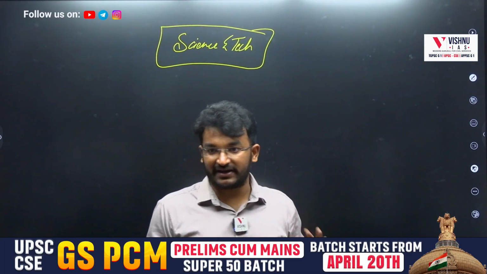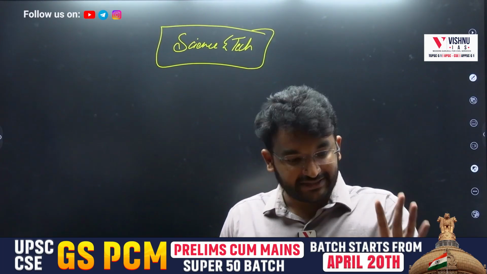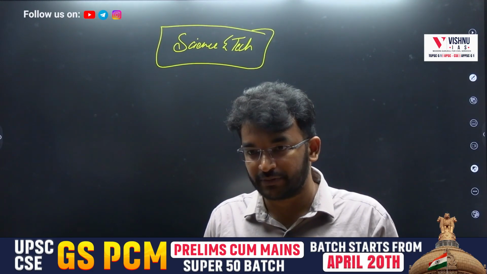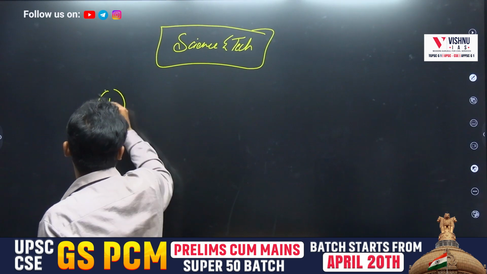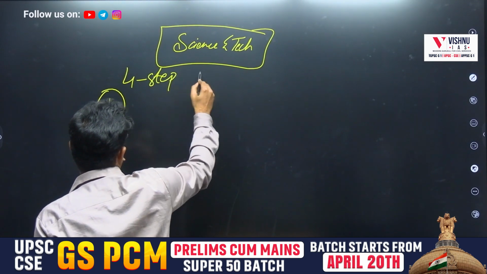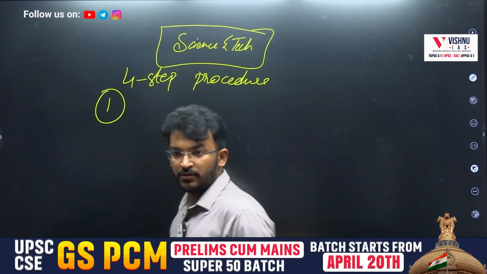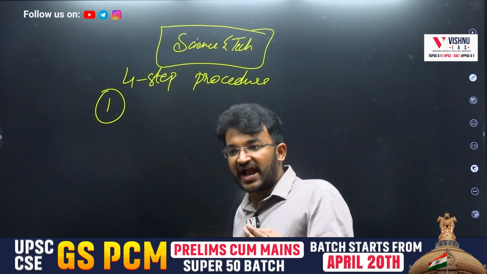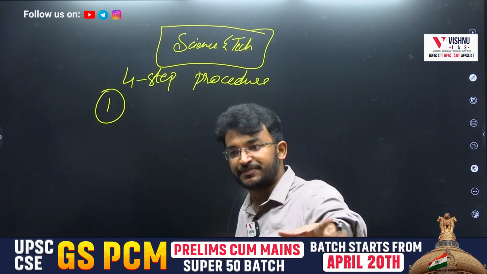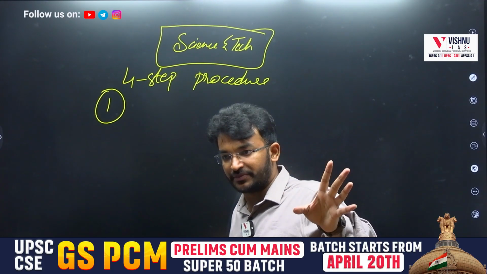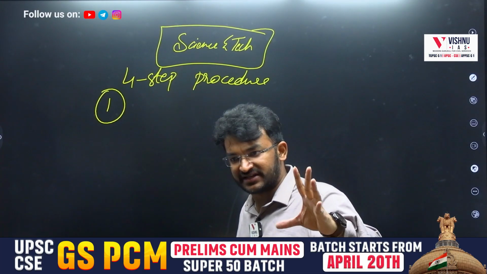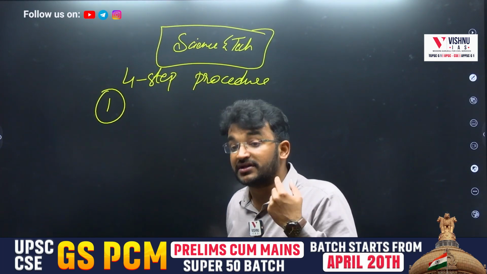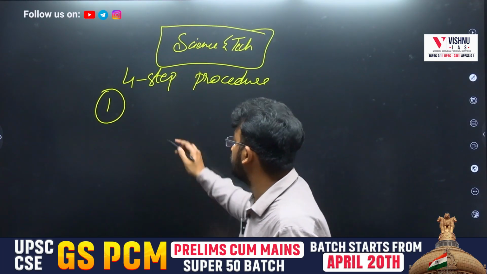Right? So, what is the thing here? PYQs and syllabus are your guiding light. Whenever you are reading a subject, take PYQs of that subject, take syllabus of that subject and keep it with you. So, what you need to do? 4-step procedure. First step, say for example, you might be knowing that you will be starting Parliament chapter, or Space Technology chapter, or Inflation in Economy, Parliament in Polity, Space Technology in Science and Tech, or say Buddhism in Ancient History. You might be knowing that before starting. Now, before reading anything, go to PYQs,